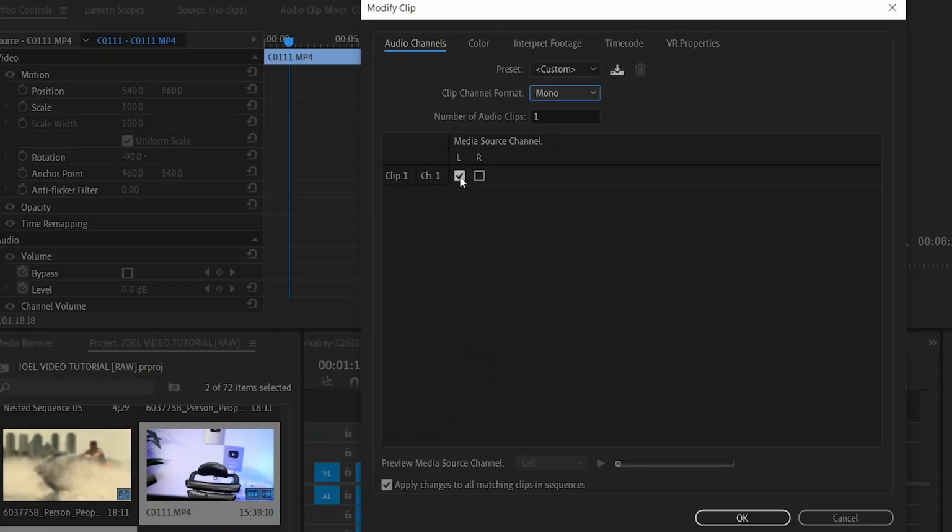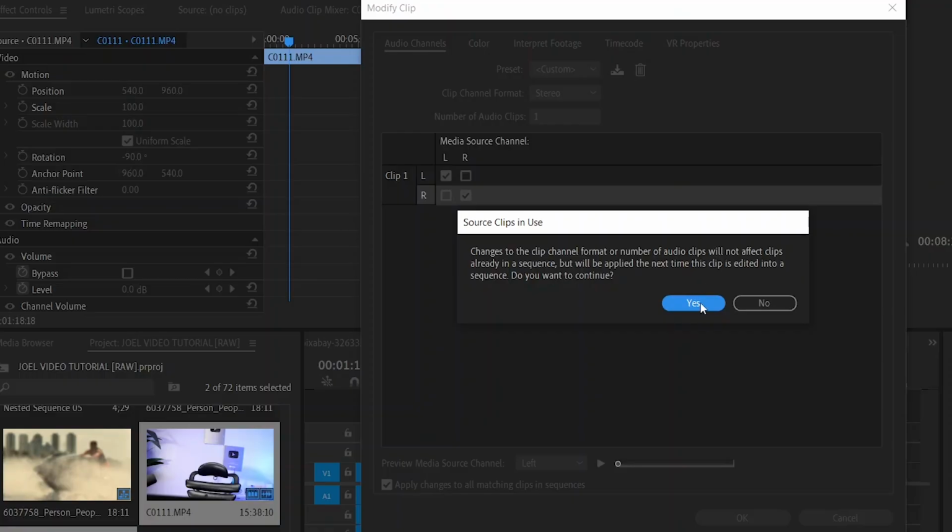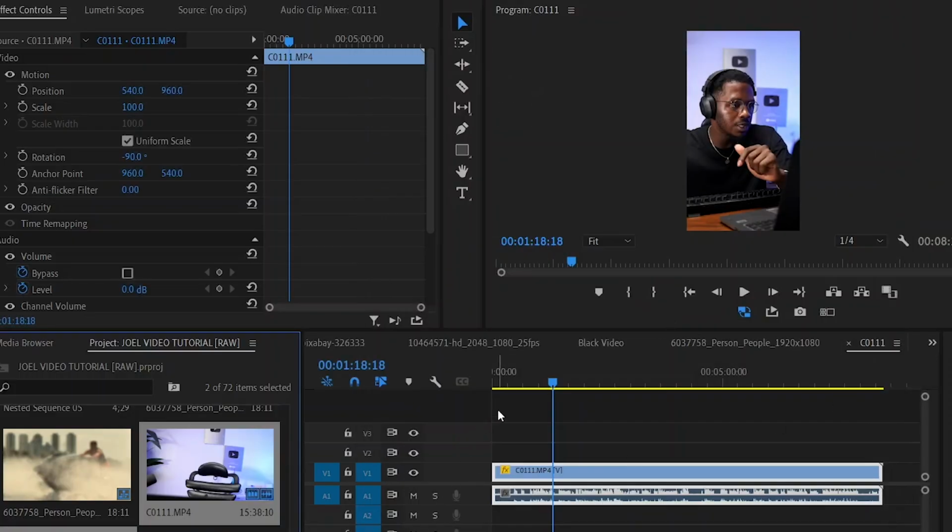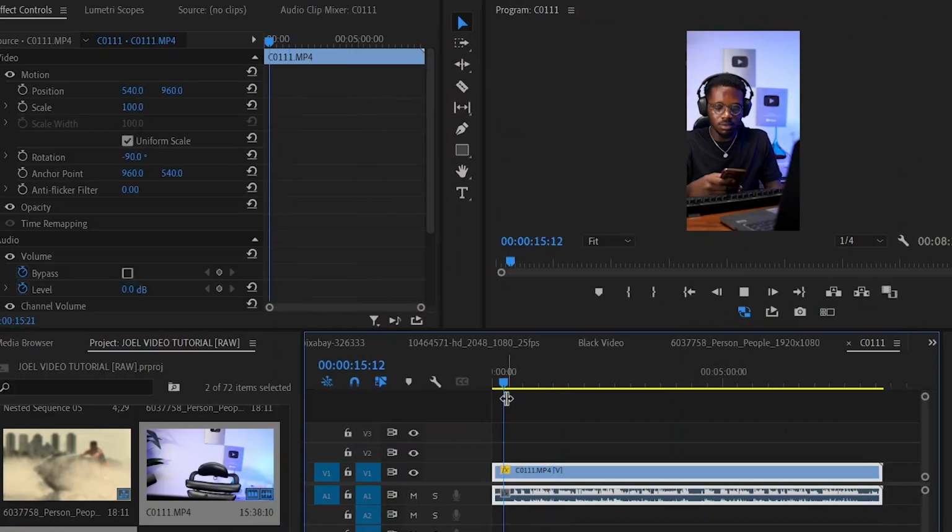Before, it was just the left speaker that was playing. So now changing it to stereo gives left and right. So that's how to do it. To have that, you select yes. So that's how to do it. Then it plays